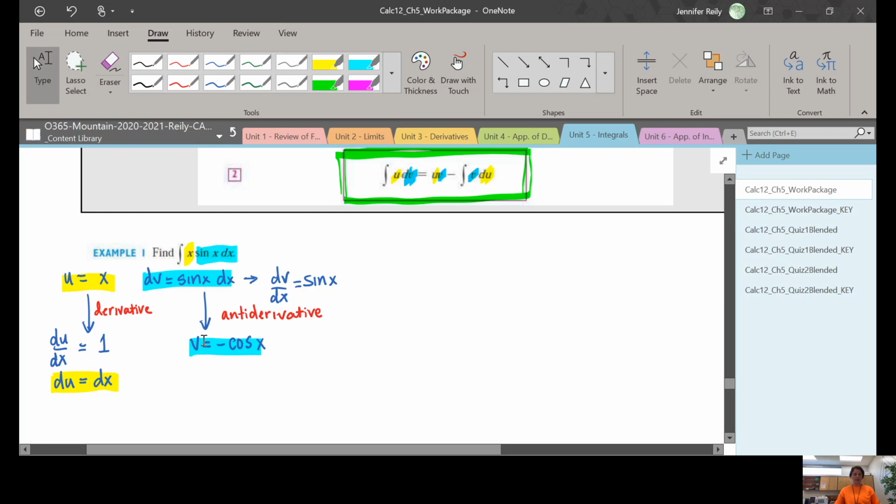So that's what I'm going to be replacing in this formula here. So I'm going to write the formula down. u dv equals uv minus the integral of v du. Okay. So the integral of x sine x dx equals, so u is x, v is negative cos x,